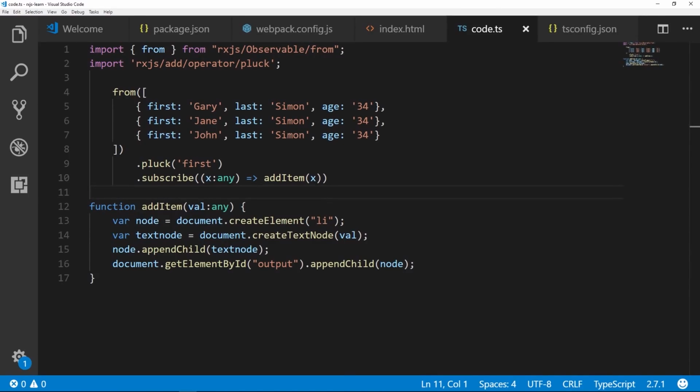All right, let's try one more. And so we're going to try one called skip until. And this is an operator that's a little bit more complex than the previous examples, but it's the last one we're going to try. And it allows you to start emitting events from one observable based on when a second observable begins emitting events. So let's try updating our code